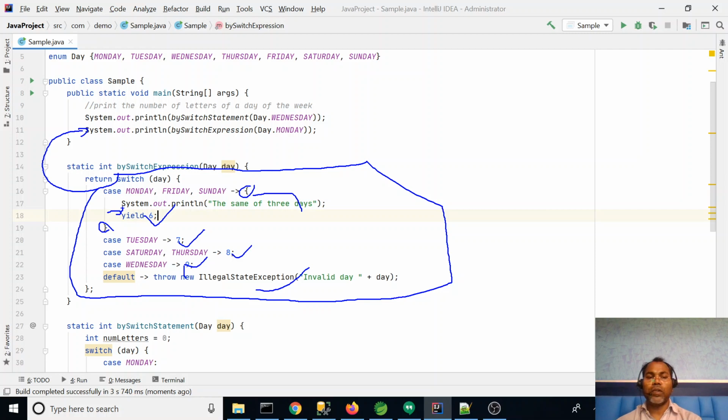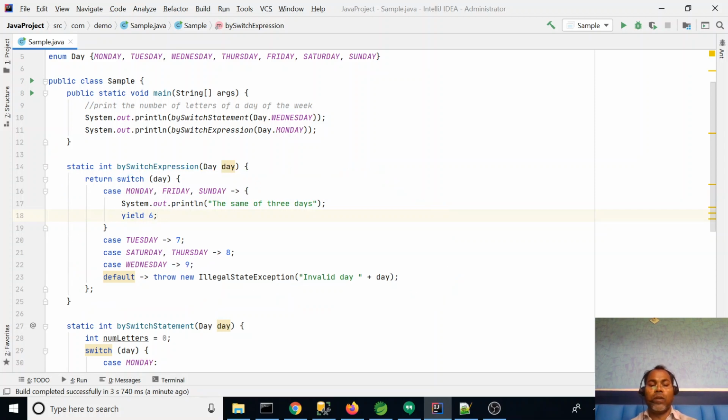So with a switch expression, you can write code in a concise, new way, and you also enforce immutability. You are forcing immutability. This does not mutate any state.